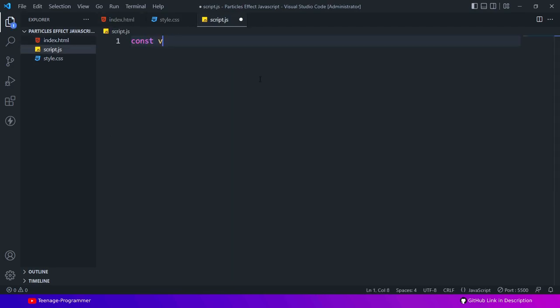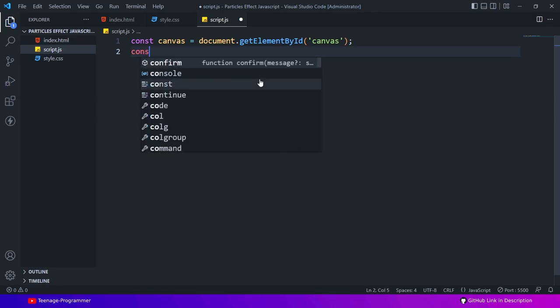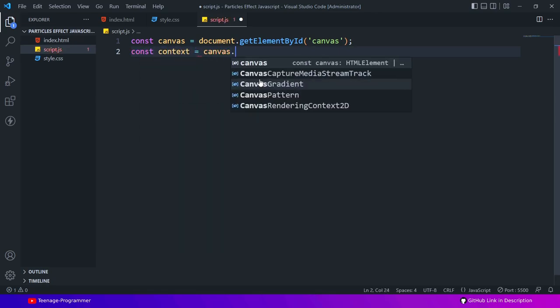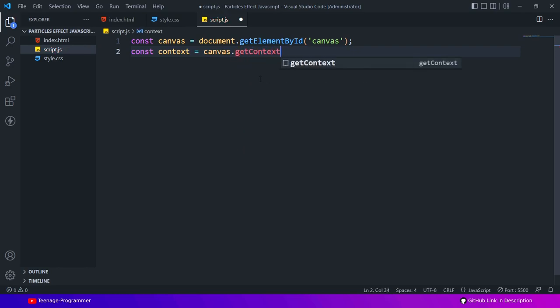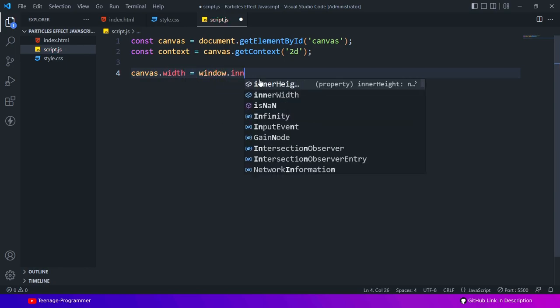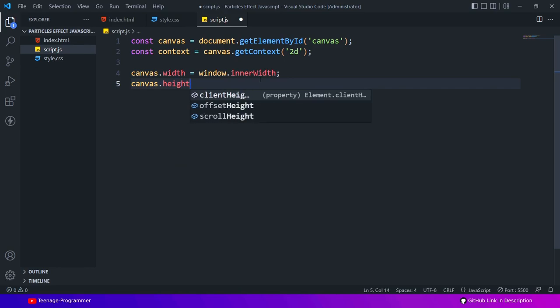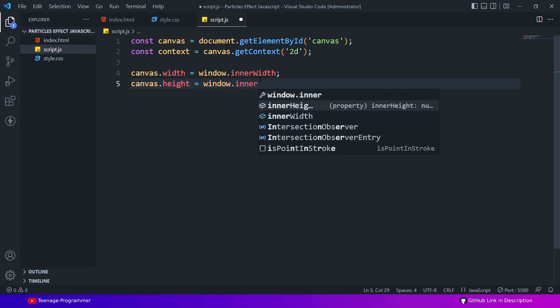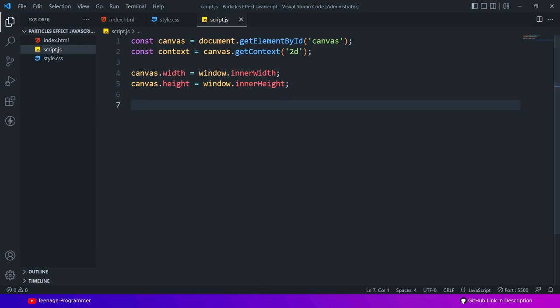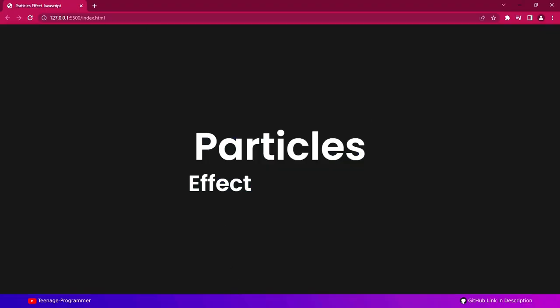Now, starting with the JavaScript scripting part and importing canvas. Fix this CSS style.